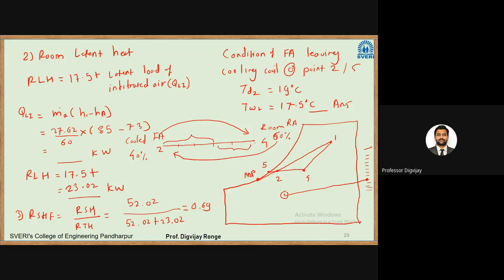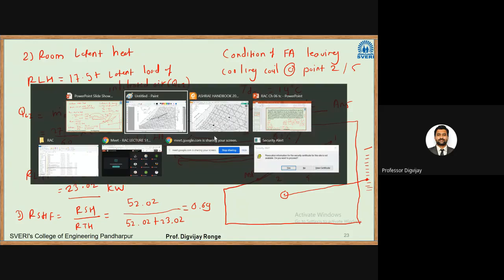So when I say return air is 60%, I have to show it on the opposite side here, and this will be 3 digits. So I have to divide this line in 5 equal parts, and the 3 divisions on the opposite side of room air will be its share. So that I will also show here.